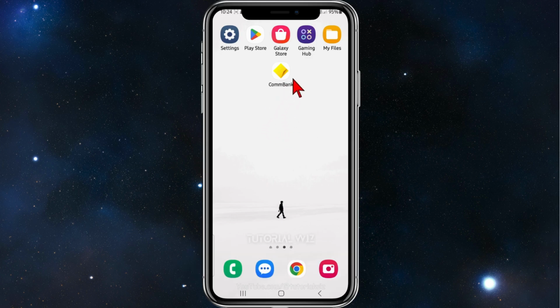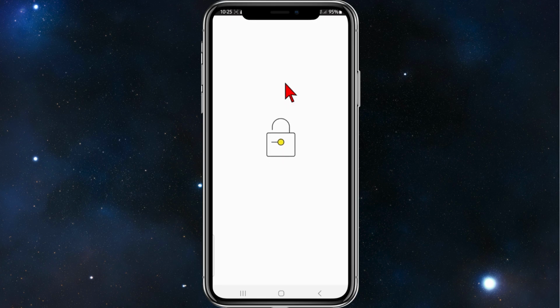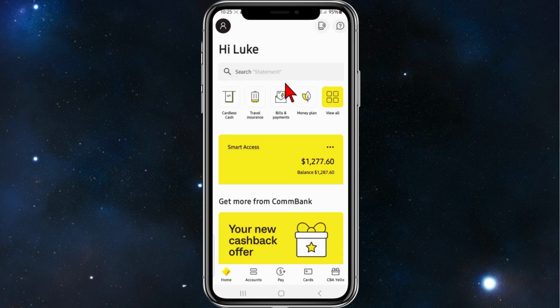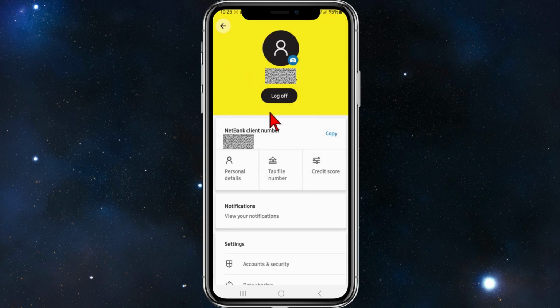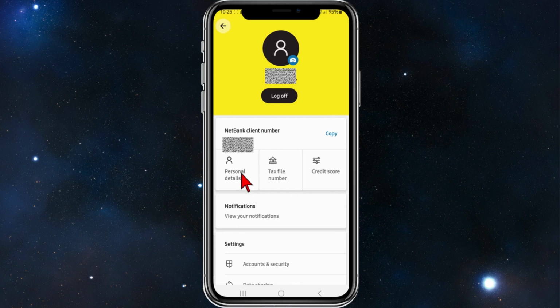Alright, the first thing you need to do to change your address is head over to your Commonwealth Bank app on your phone, log in, and then click on your profile on the top left hand corner of your screen. And then on this page here, if you scroll down and click on personal details,